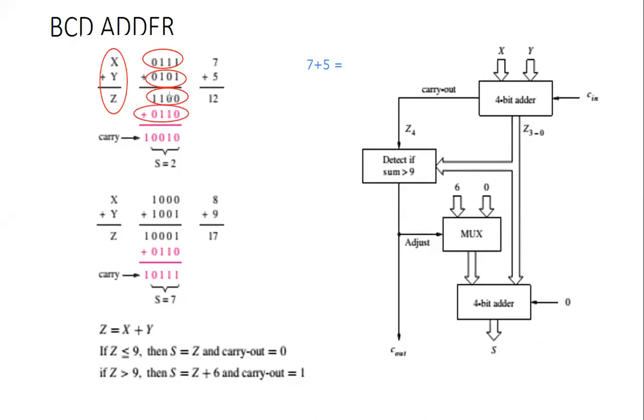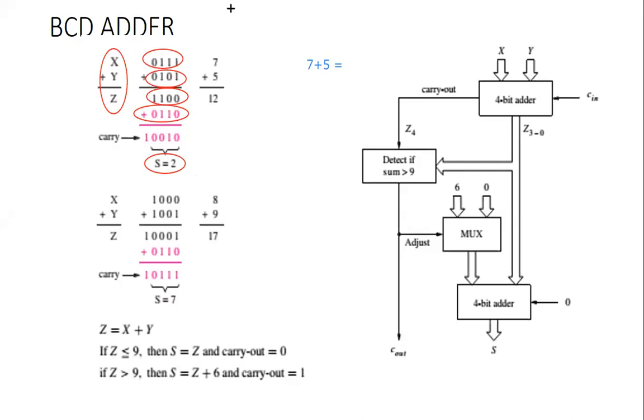Add both. 0 plus 0 is 0. 0 plus 1 is 1. 1 plus 1 is 0, take a 1 over here. 1 plus 1 is 0, and I have a carry of 1. So your sum will be equal to 2 with the carry. Sum will be equal to 12 with the carry. So 7 plus 5 will be equal to C, which is equal to 12 in decimal.